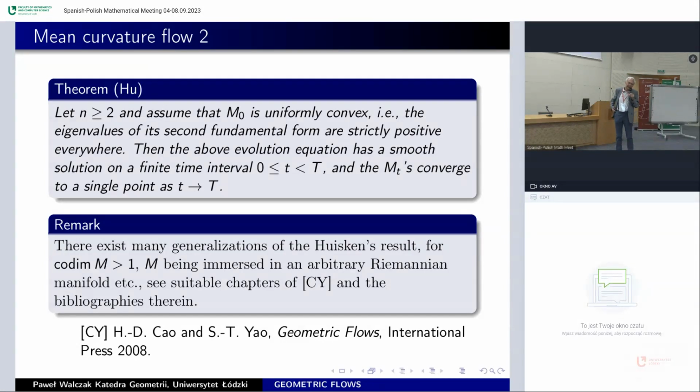There exist many generalizations of this result. This was about codimension 1, I mean that my manifold M of dimension n was immersed in R^{n+1}. But there exist many generalizations for codimension bigger than 1, M being immersed in an arbitrary manifold, in particular in the sphere or in the hyperbolic space, and so on and so on. Okay, finally,